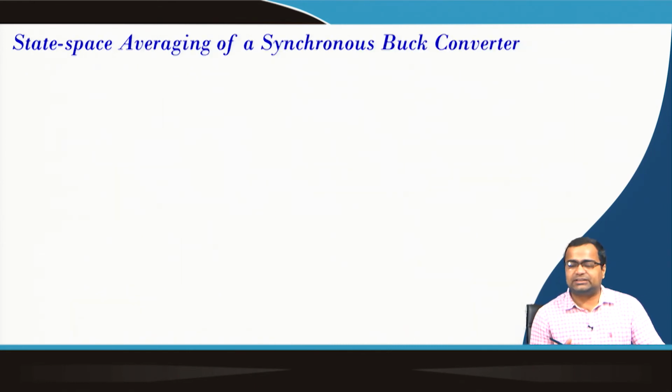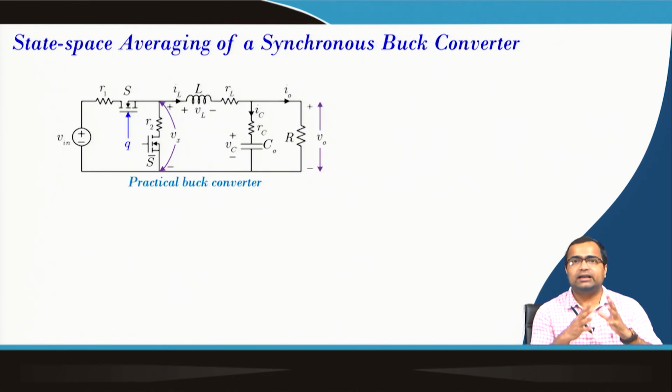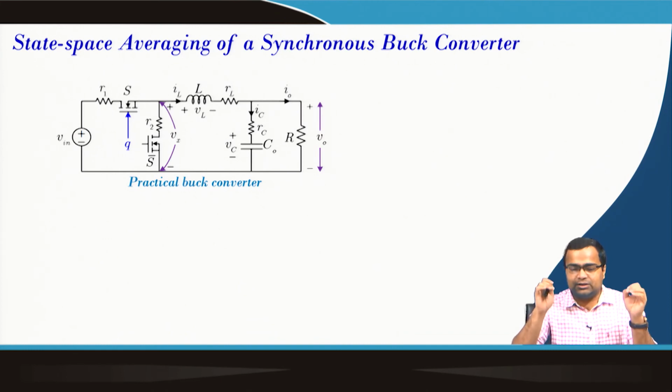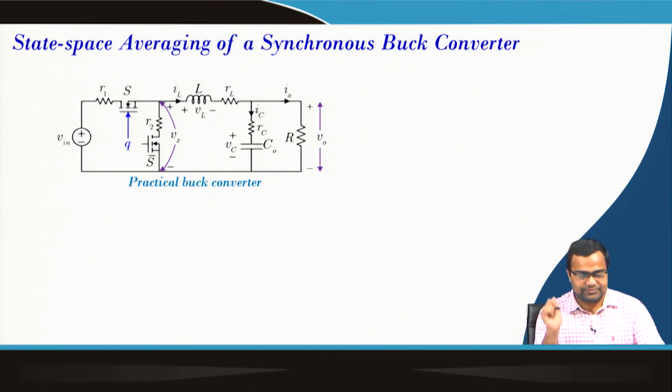Now, the state space averaging of a synchronous buck converter, it was the method I have discussed, how to start with a state space model of a DC-DC converter using two sub interval dynamics, and from there how can you obtain the average model, and from the average model we can apply Taylor series to extract the small signal model, as well as we can find the equilibrium point.